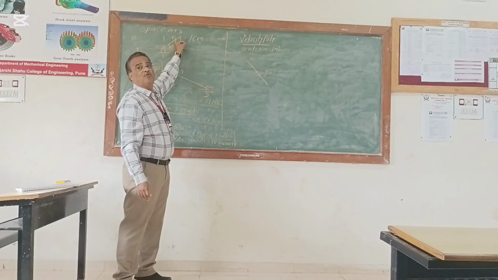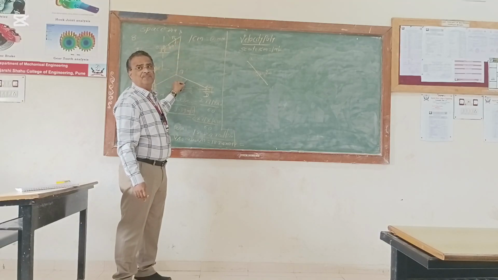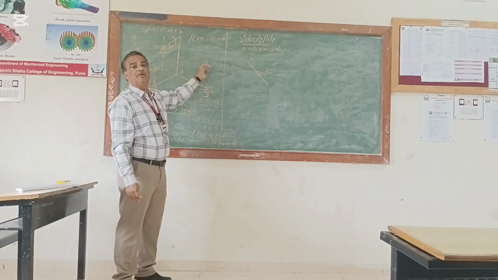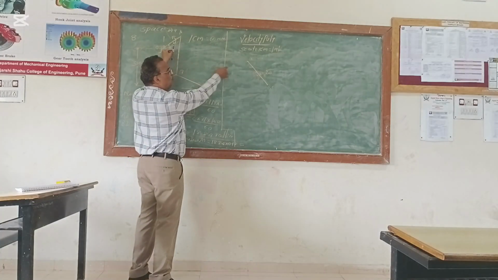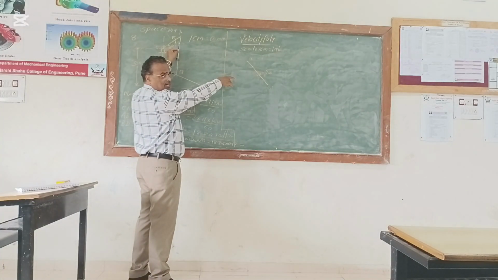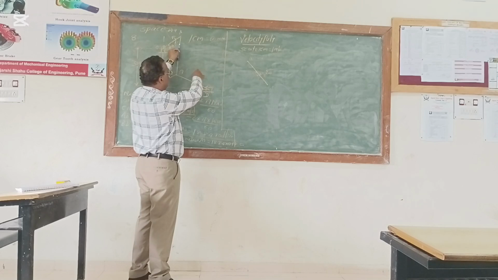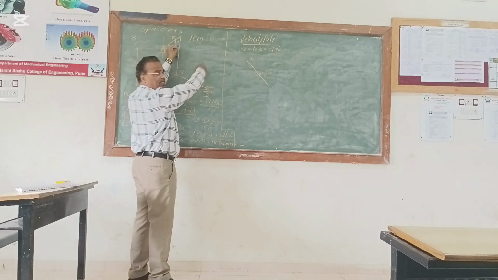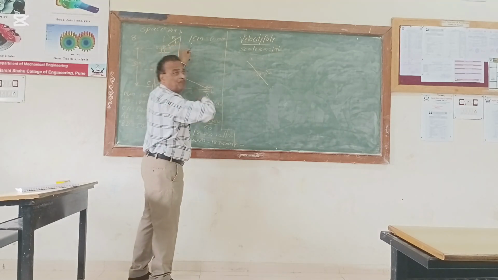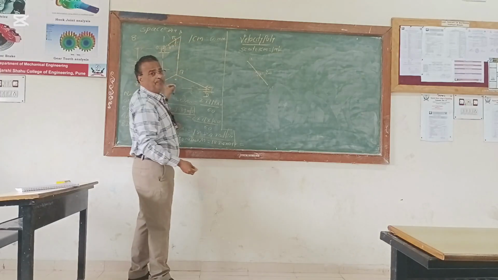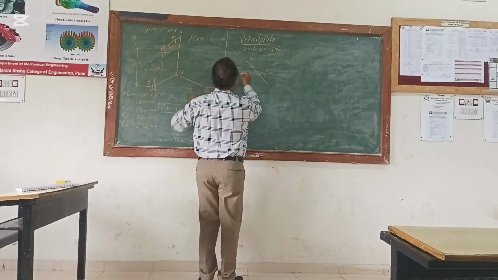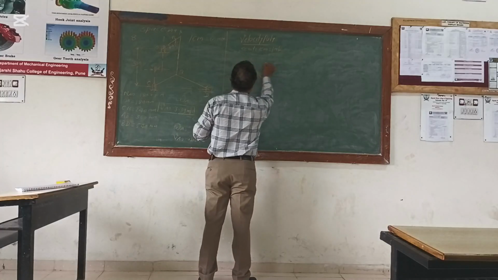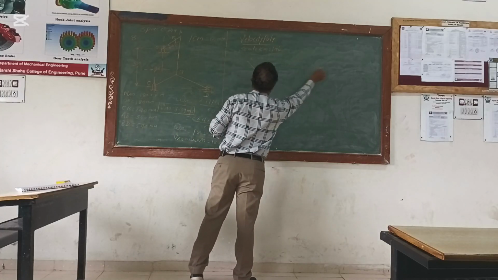To whom are you drawing the perpendicular line? AB. Either A or B should be available. Which is available? A. Means this perpendicular line to AB I have to draw in this figure. Perpendicular इसको निकालना है, यहाँ पे निकालना है. But from where? Either A or B should be available. Which is available? A. Means this perpendicular line to AB I have to draw from this A,